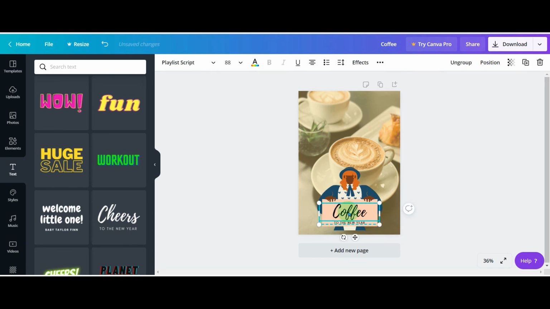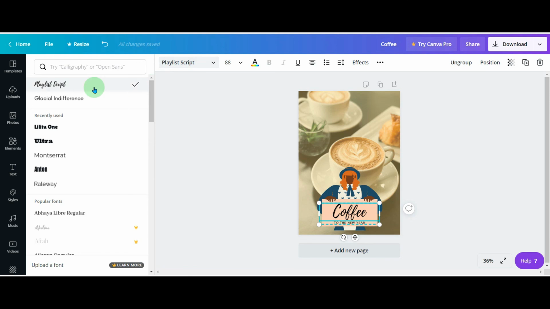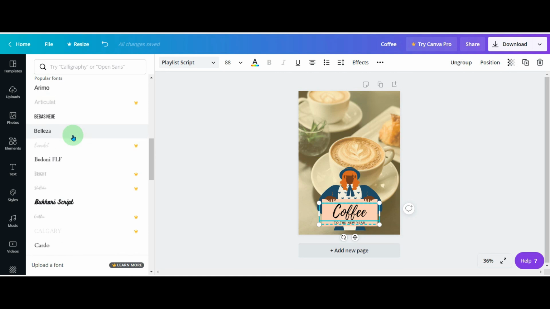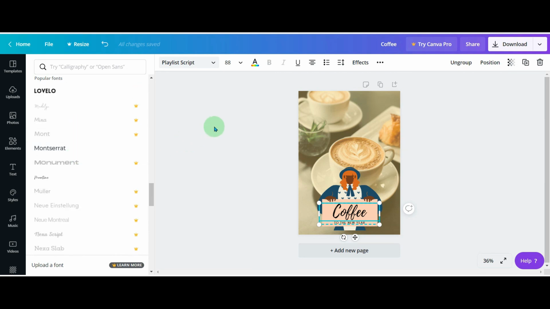You can also edit the color and the font. When you look at fonts, you will see that you have free fonts and you have fonts that you need to pay for. To upload a new font, you will have to upgrade to the paid version. But there is a lot of options to choose from that you do not have to pay for.